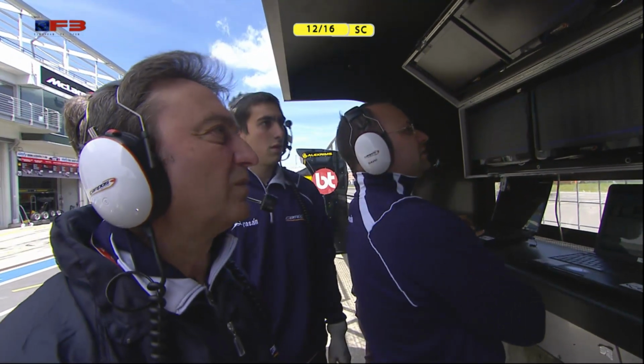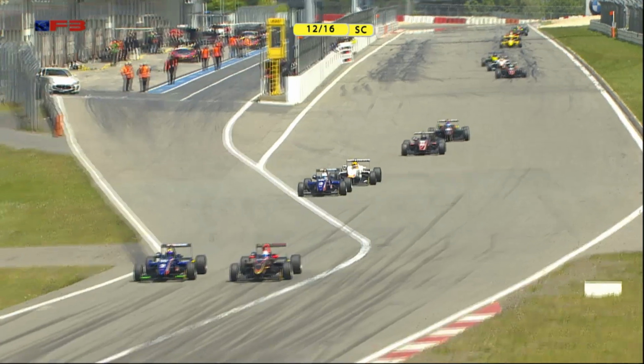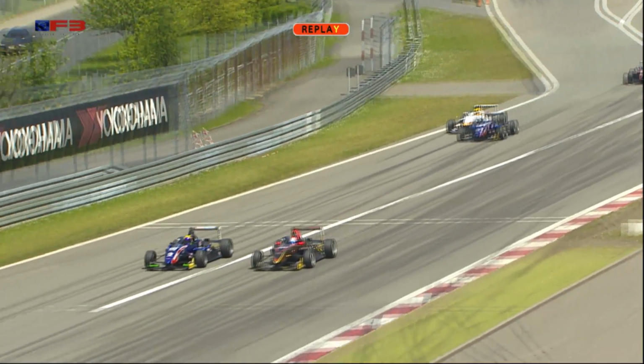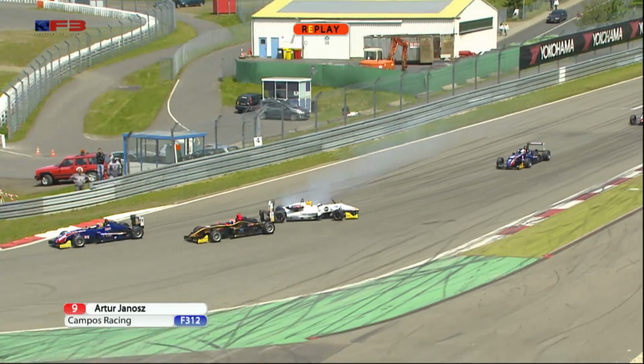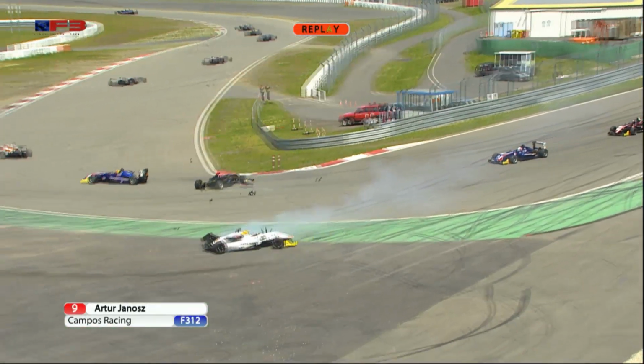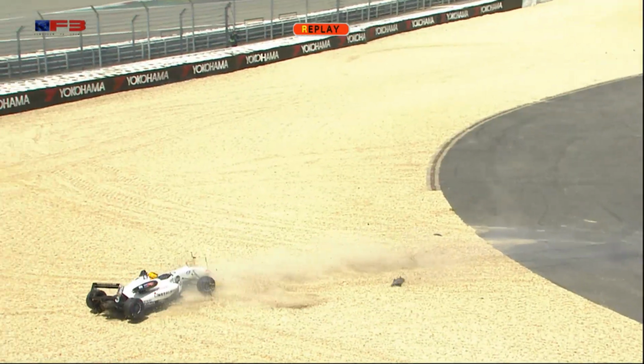Drivers have to just keep their wits about them as they weave around behind the safety car. There is Adrian Campos, principal of Campos Racing, who's charged the Polish driver Artur Janos involved in that incident. Janos, graduating up to Formula 3 this year from karting, just misjudged the braking point of Sean Walkinshaw, and it's